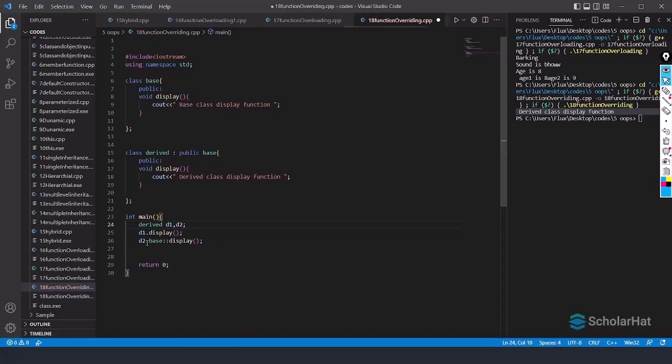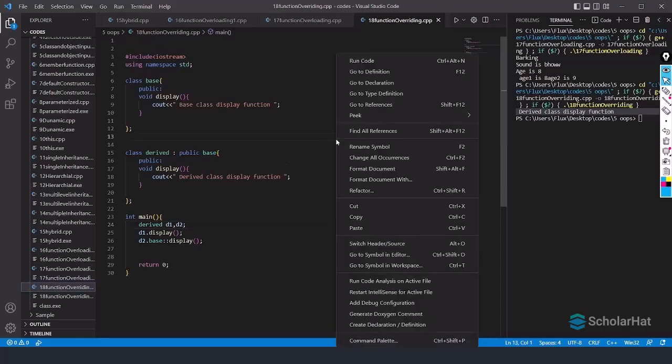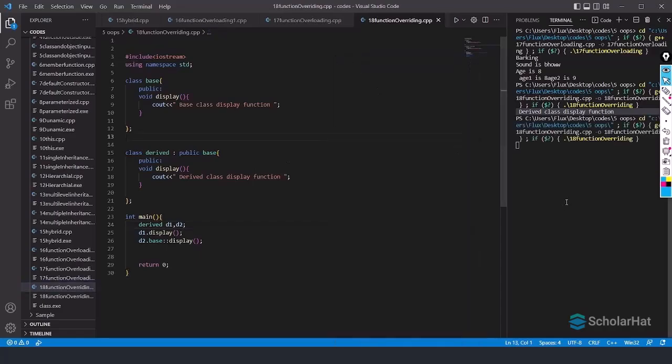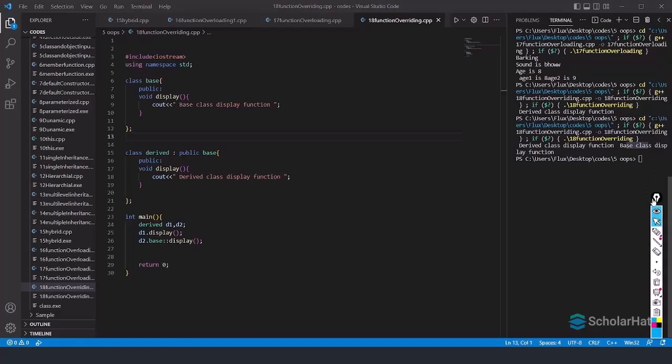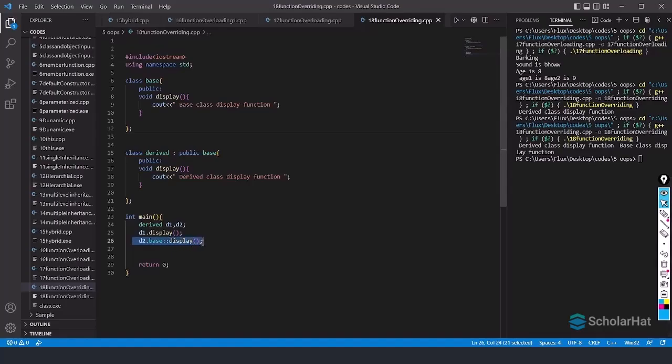Now if I write d2.Base:: display, then for the derived class object we're going to call this also. Let's save this code, Control S, right click and run the code. After running the code, see, the derived class display function and the base class display function both are getting printed.